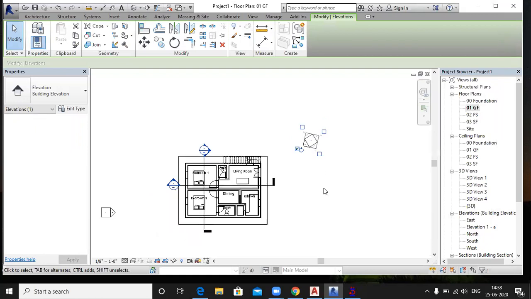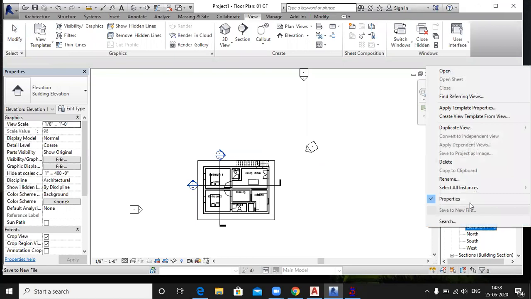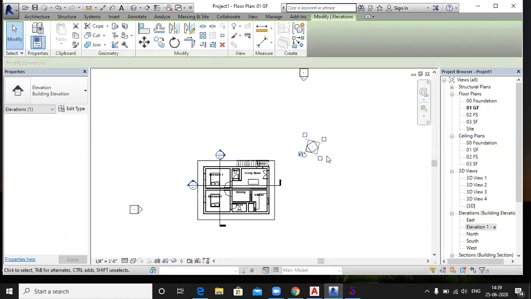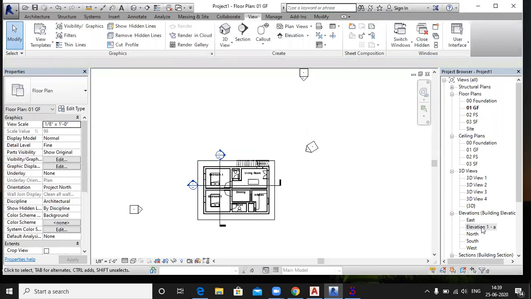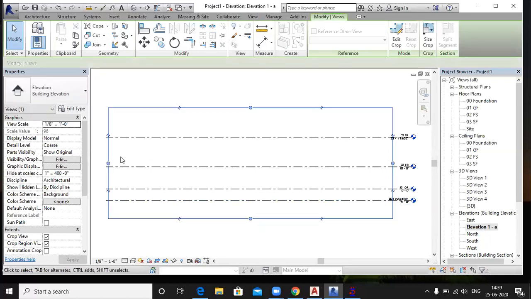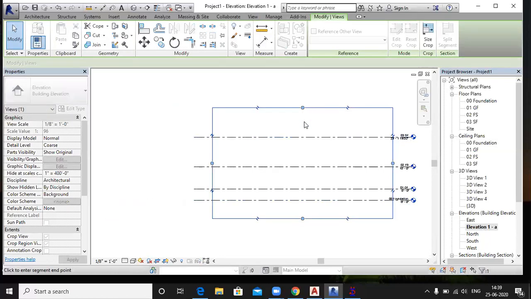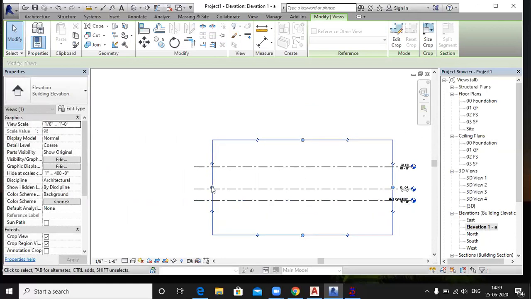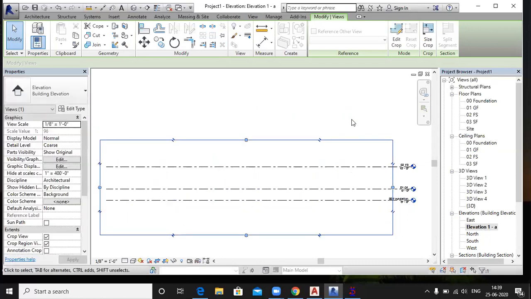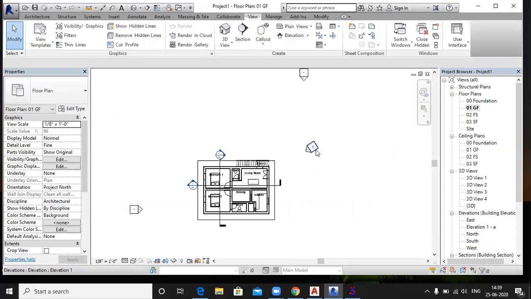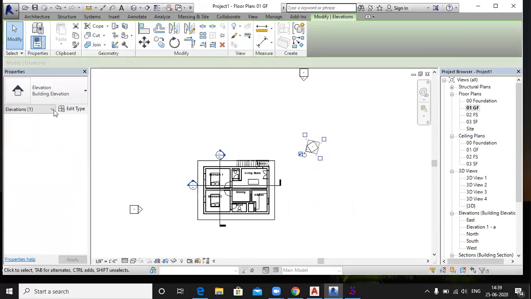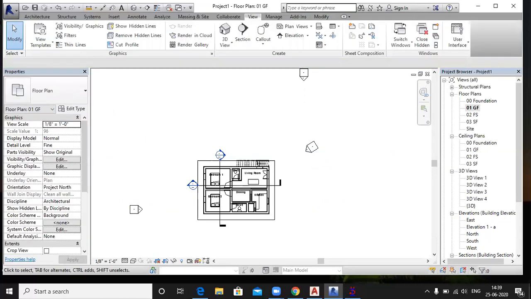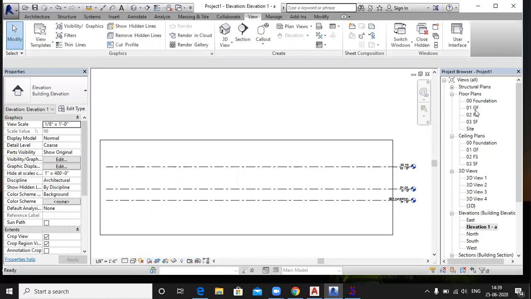Okay, you can just change the view property in all the elevation views like this.